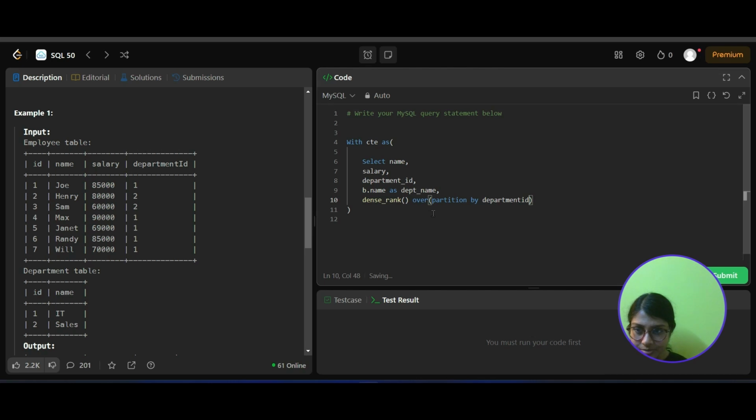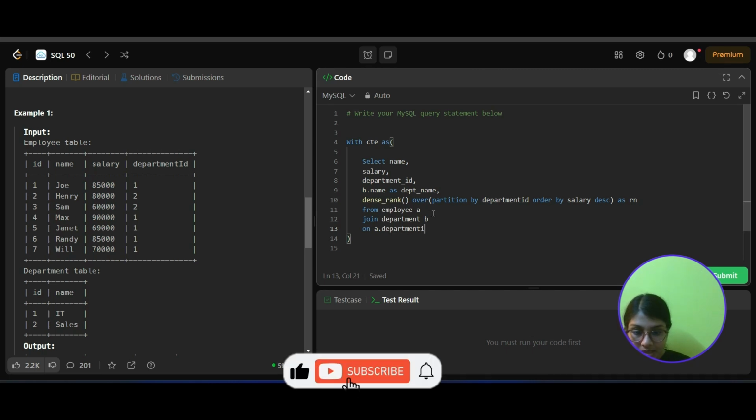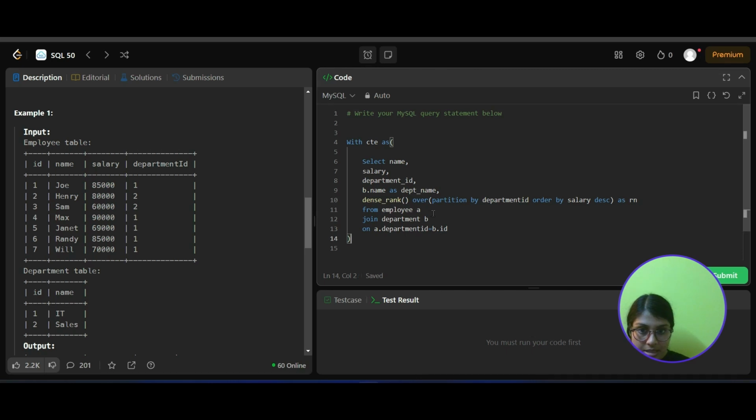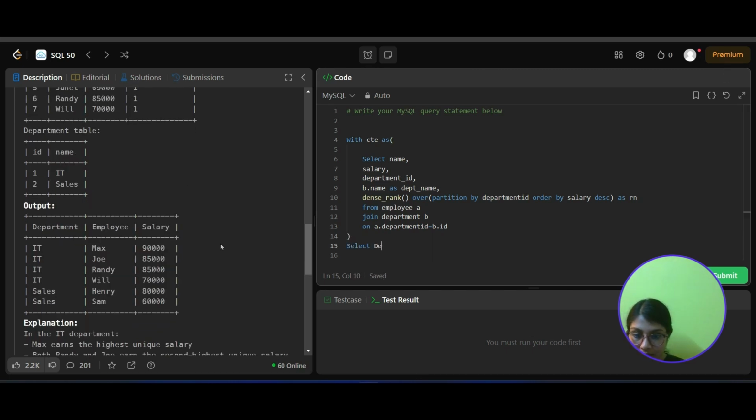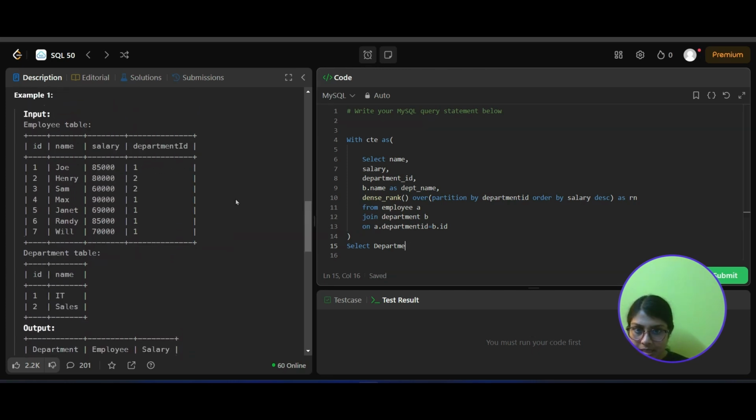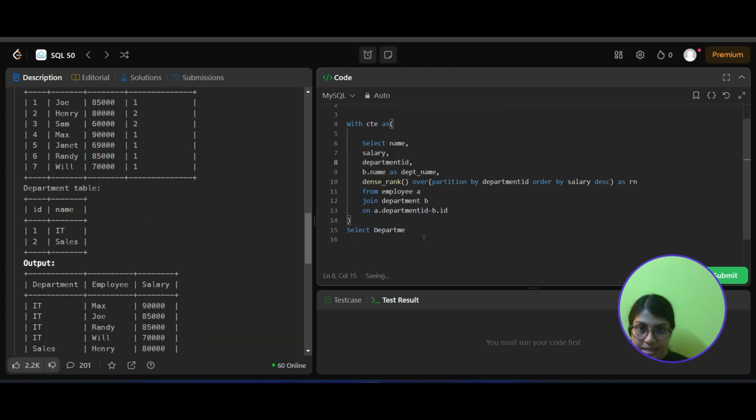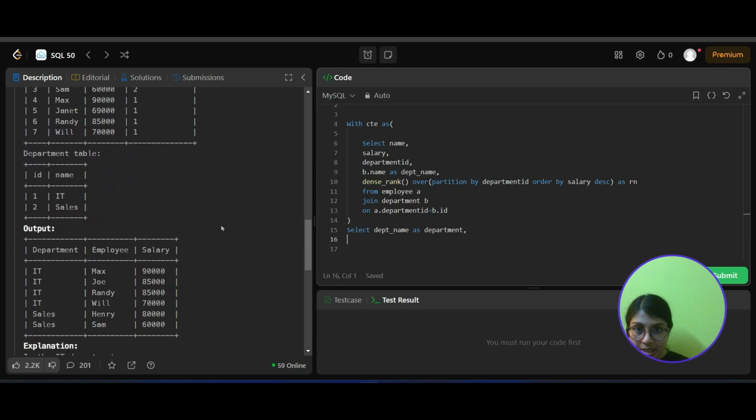ID, right? Order by salary DESC as RN from, let's say, employee A join department B on A.department ID equals to B.ID, right? And then we'll need everything. We'll need department. Is there any ID? No, it's ID. We need the name. Name as employee,